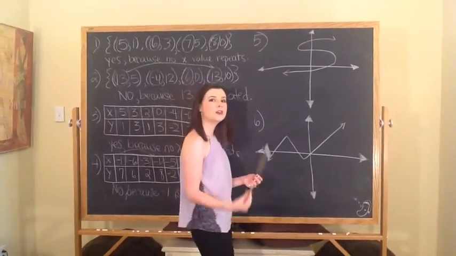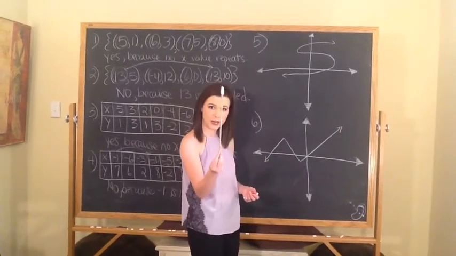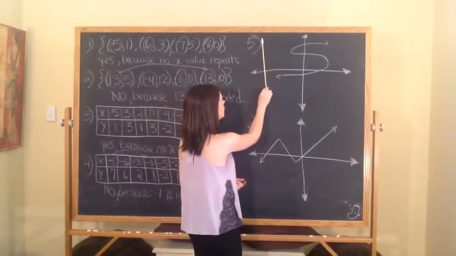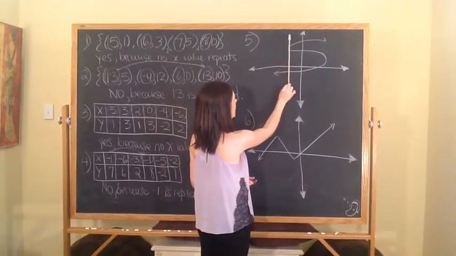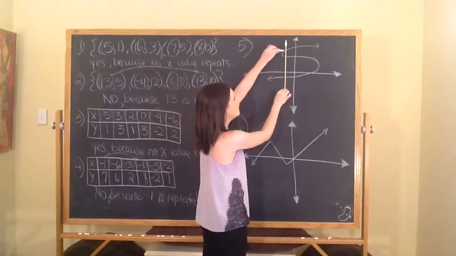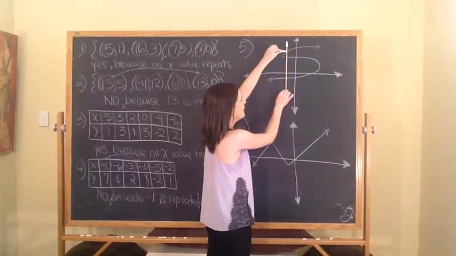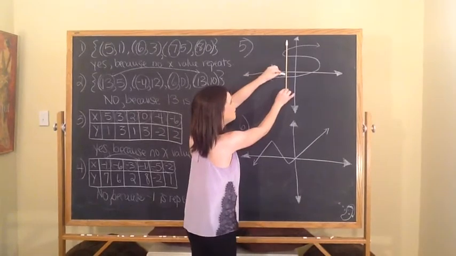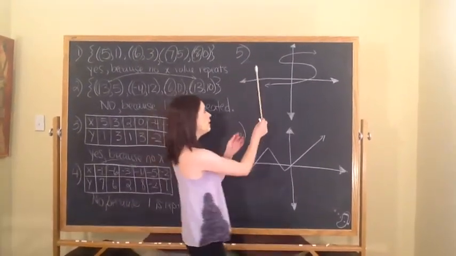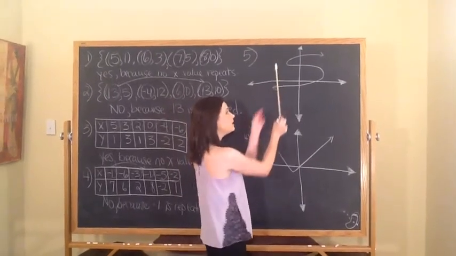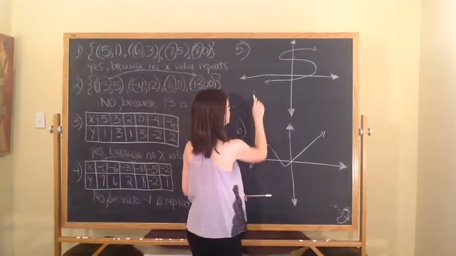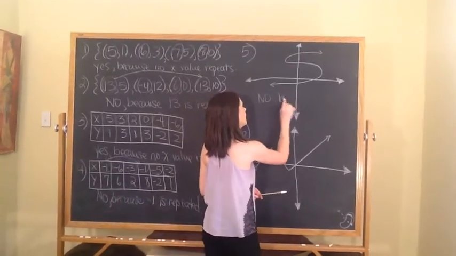So what I mean by the vertical line test, you're going to take your pencil and hold it up vertically. So up and down. You're going to take it from the left of the graph and run it to the right side of the graph. And I can stop right here and tell you that it's not a function because my pencil or my pointer is hitting 1, 2, 3 parts at the same time. So that means that it is not a function. So basically, if your pencil or pointer hits more than one point at one time, then that means it's not a function. So I'm going to say no because